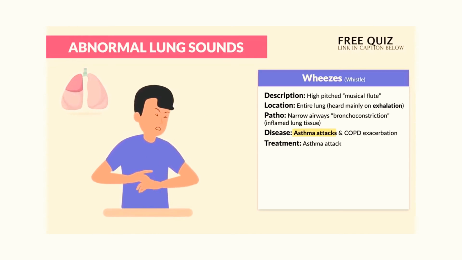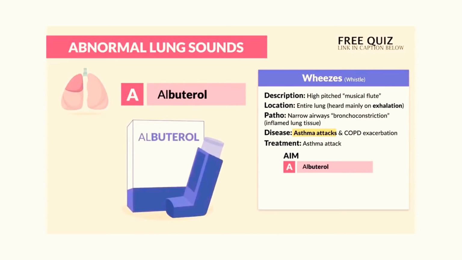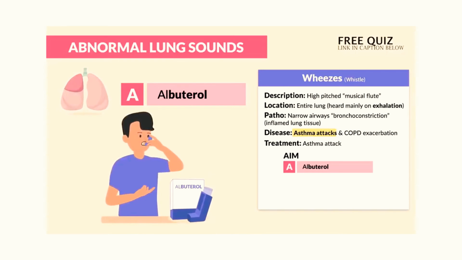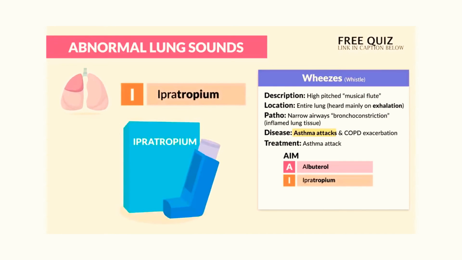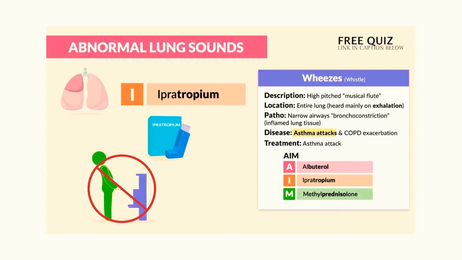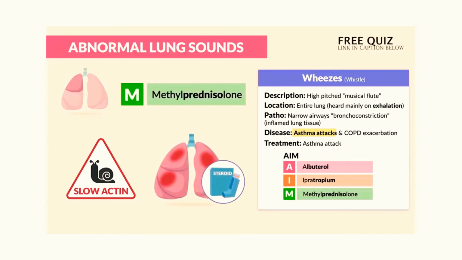Now the treatment for asthma attack, this one is always tested on, so write this down. The memory trick we use is AIM. A is for albuterol, which is given first for bad asthma attacks. Remember, albuterol is the one and only rescue drug for asthma attacks. I is for ipratropium, our anticholinergic, to dry out secretions. Just think you can't pee with ipratropium, since it dries the body out. And M is for methylprednisolone, brand name Solu-Medrol. Just think it's a slow-acting steroid to